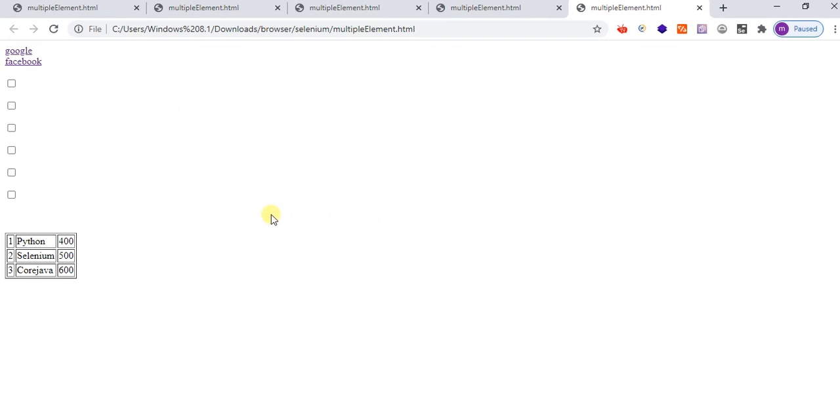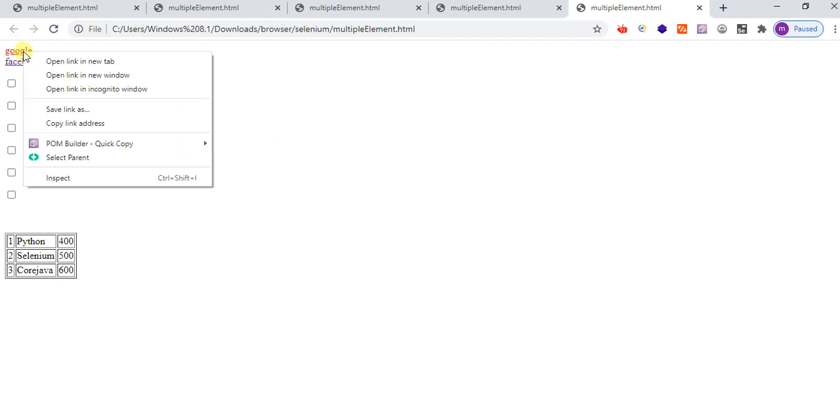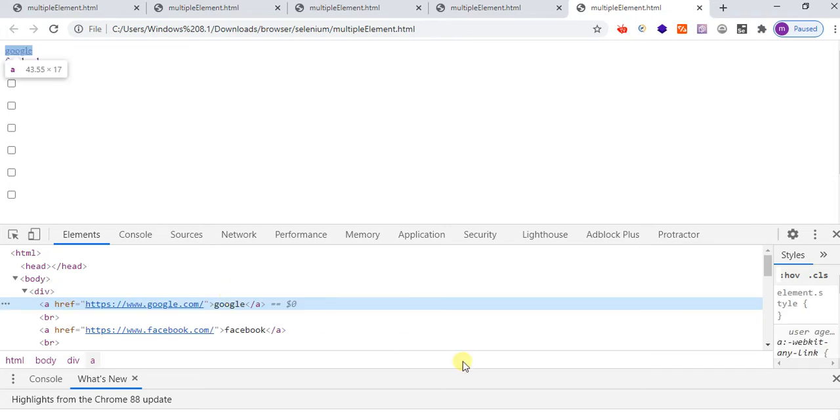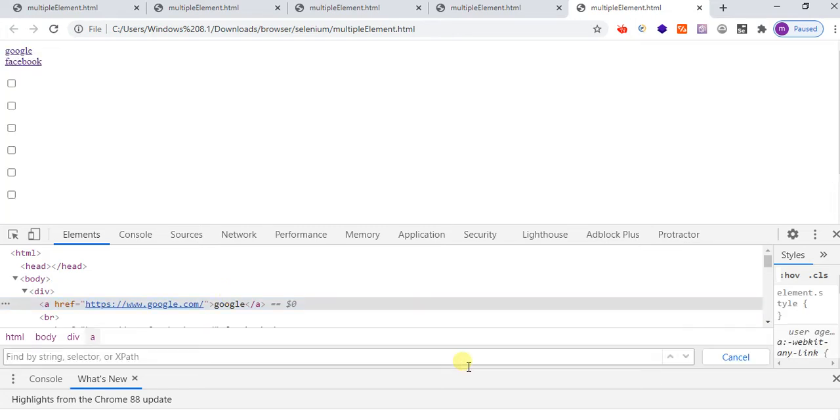I will show you this when I am writing the code for the source HTML. So I will show you the list of web elements. Here, List should be imported from java.util. Let me go here, right click on it and inspect the element. On the keyboard, just type Ctrl+F. You will find the option over here. Just type double forward slash and give the anchor tag, A. Now it shows that there are two links available, Google and Facebook.